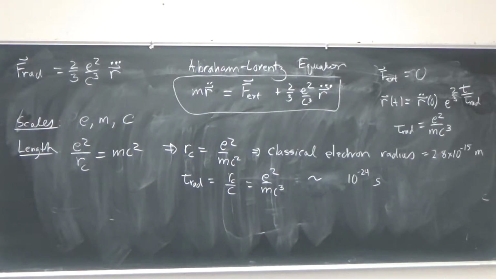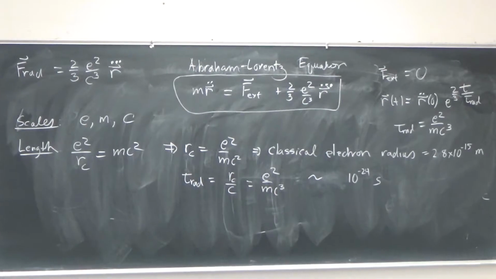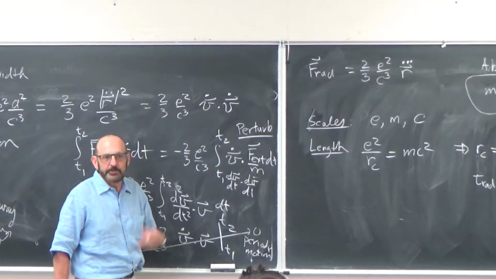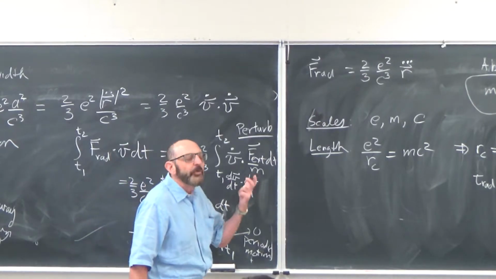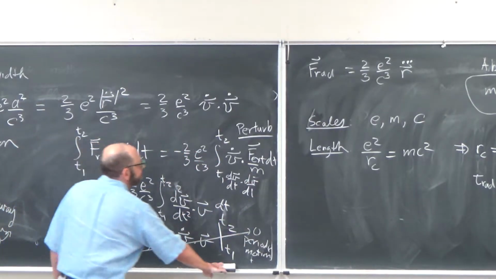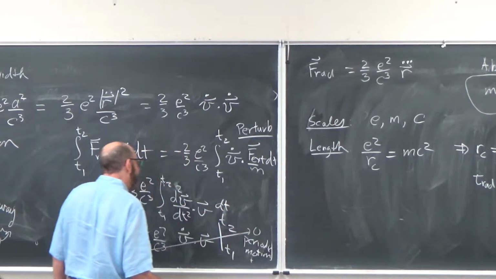So instead of having v squared, I said, well, one of these v's is going to be due to both, the other one is just going to be dominated by the external force. So to lowest order in the radiative force, this is what I would say. And now I can do my same